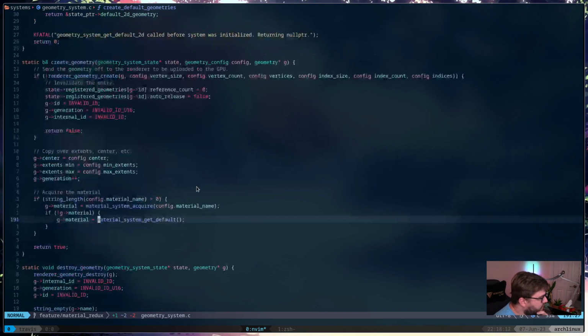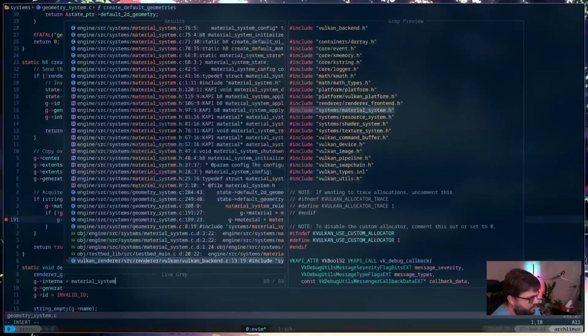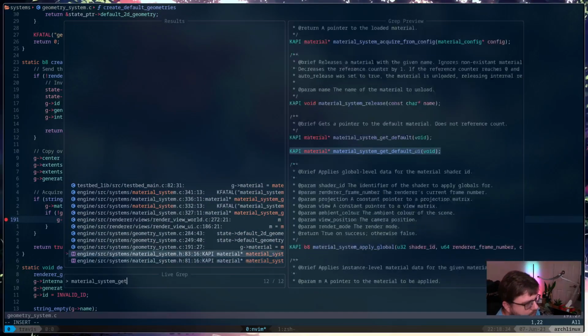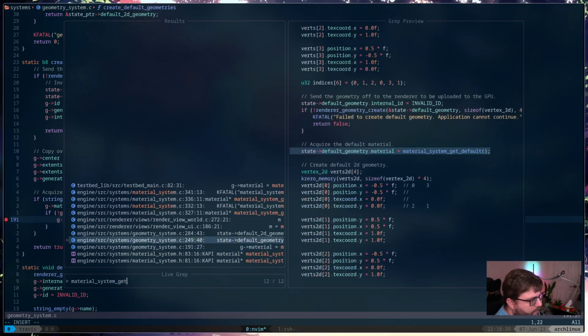What is this one doing here? So create geometry. I wonder if this is actually failing at some point. I'm going to put a breakpoint here to catch that one if we hit it. We shouldn't be, but let's have a look at where else this is being done.